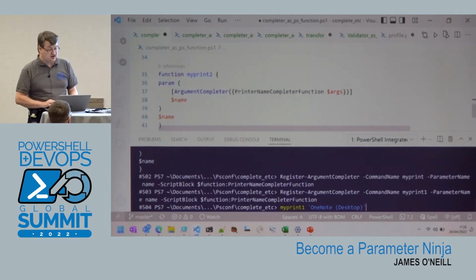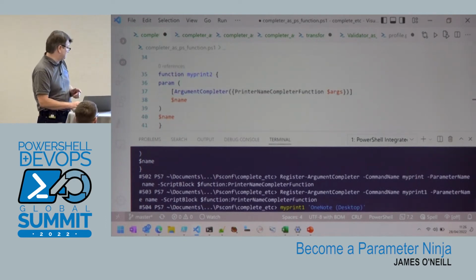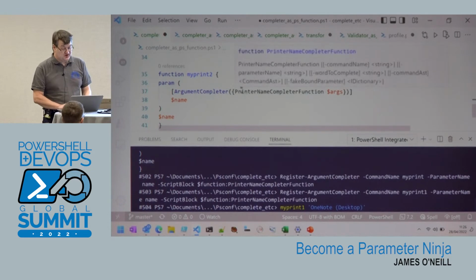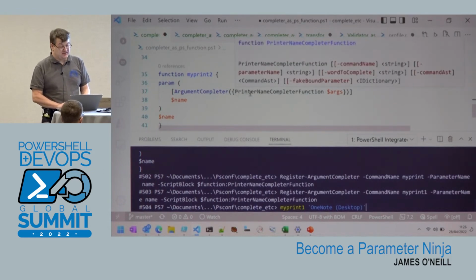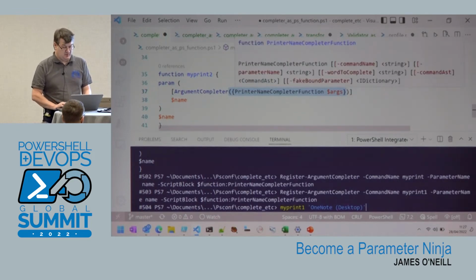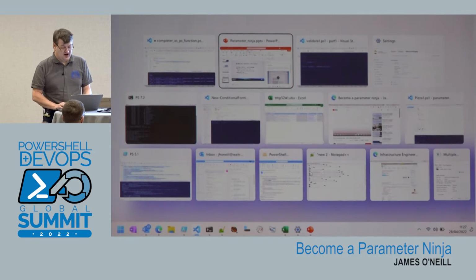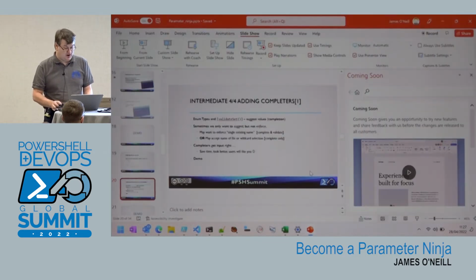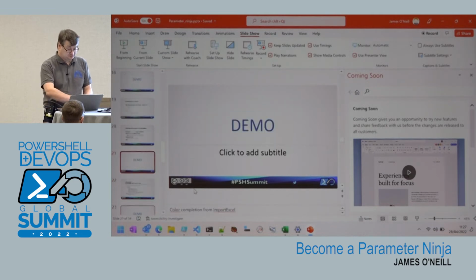Okay, there's a second syntax for doing this, and you can see that what I've done here is I've actually invoked the function with the battery of arguments that got passed here, and I've put the whole thing inside a script block inside the brackets. That alternate syntax is going to come up a bit later. It's what I call the ugly syntax, and you'll see why I call it the ugly syntax when we get to that.